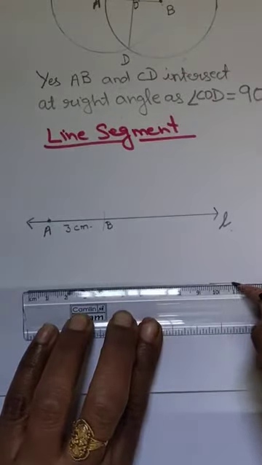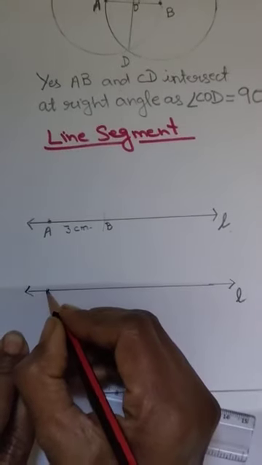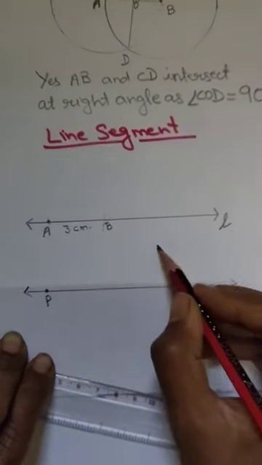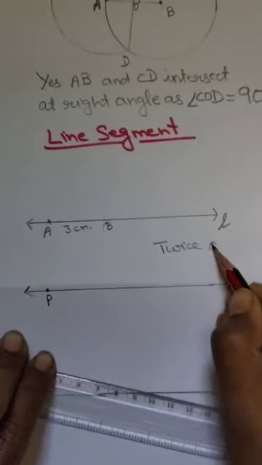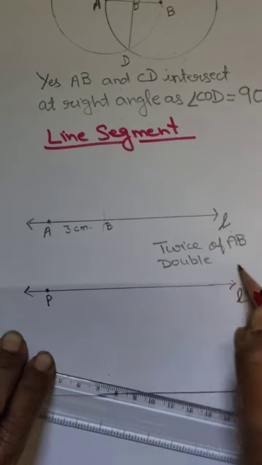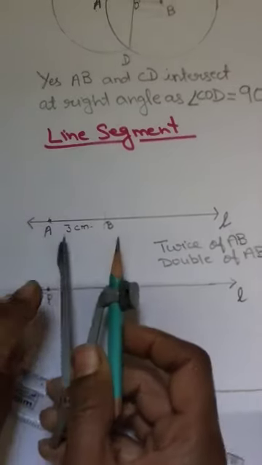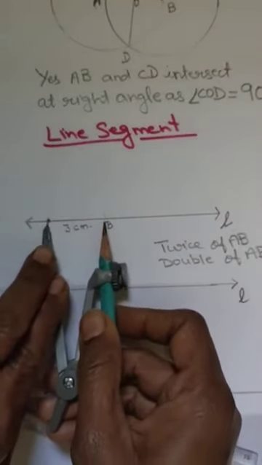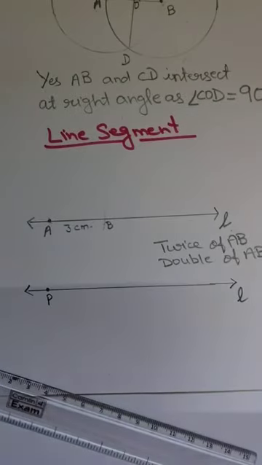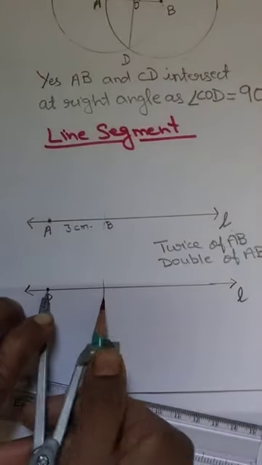Draw a line L in the same way. This is line L. Mark a point P. We have to make twice of AB, or we can say double of AB. How will we make it? Now open your compass to the AB length like this. This is AB. Okay. You don't know the measurement. What is AB? Now place the pointer of the compass at P and draw one arc so that it will